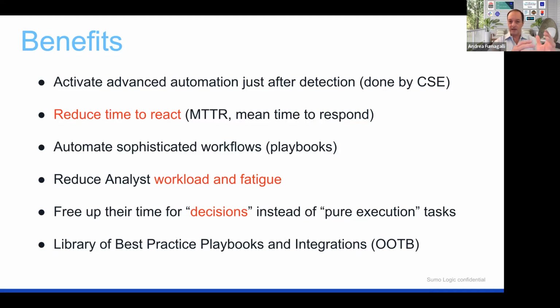So the message is that our tool represents a unique pane of glass used to improve the efficiency of the SOC team in responding to incidents. As I anticipated, our vision is to free up their time to be busy evaluating the scenario, taking a decision, evaluating the possible alternatives, maybe providing an input or a validation, or supervising what are the actions being implemented inside those specific playbooks,